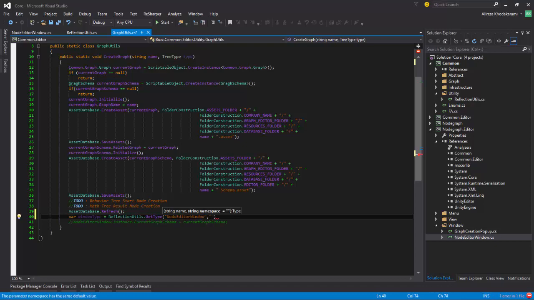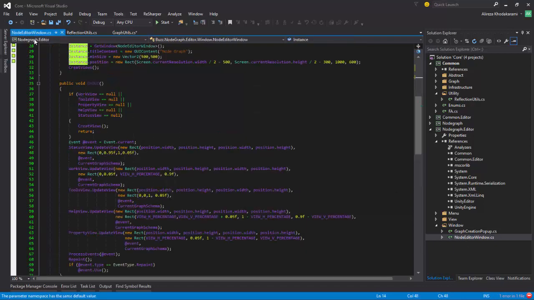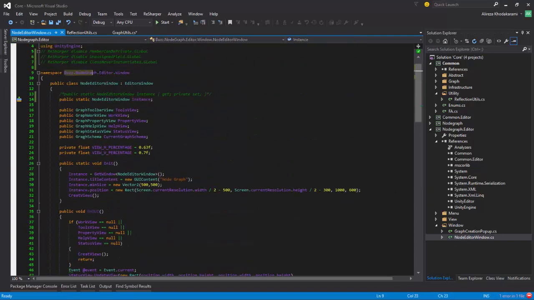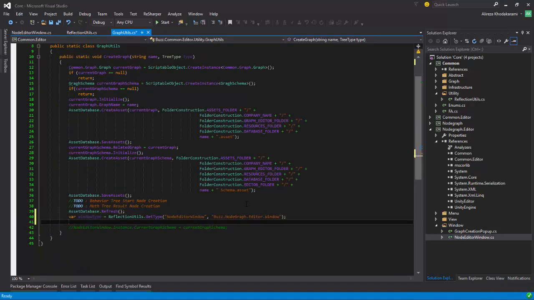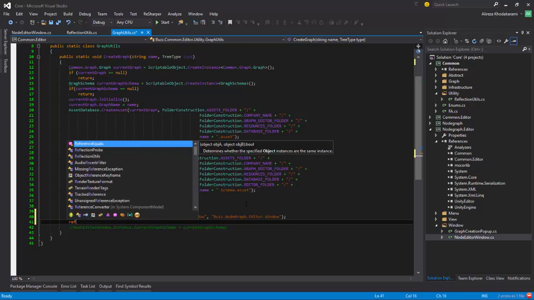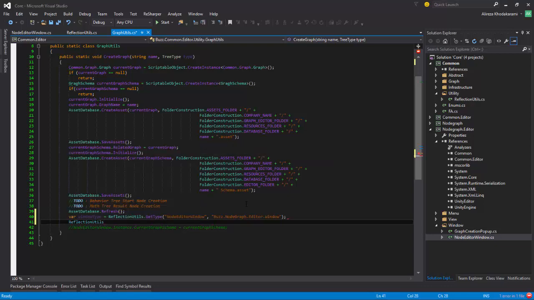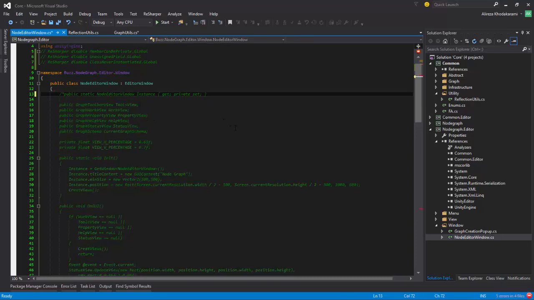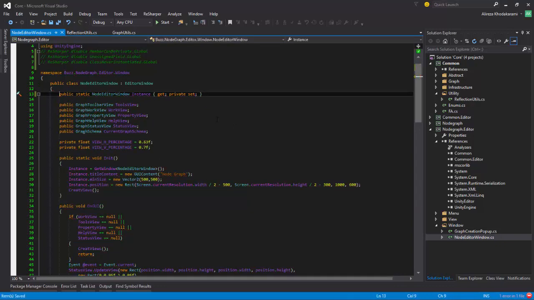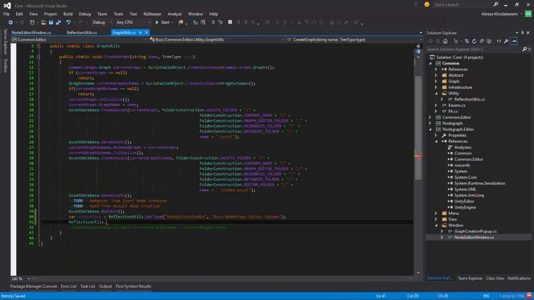The namespace that we want, well, we have it here, is this guy. Okay, so now we have our window type, so we can easily say reflection utils dot, and remember we know that it's a field. No, I want it to be property. Okay, so we know that our instance is a property, so we can say reflection utils dot set singleton field,